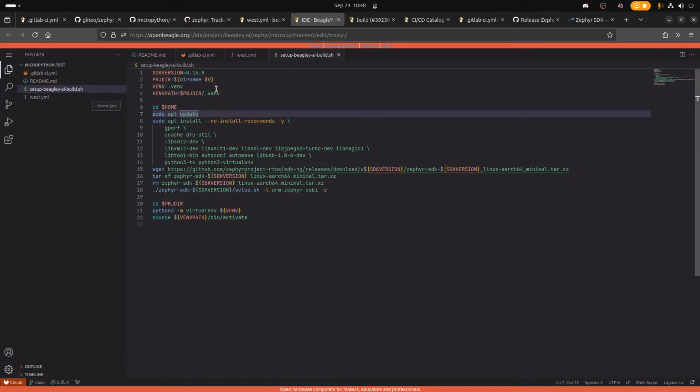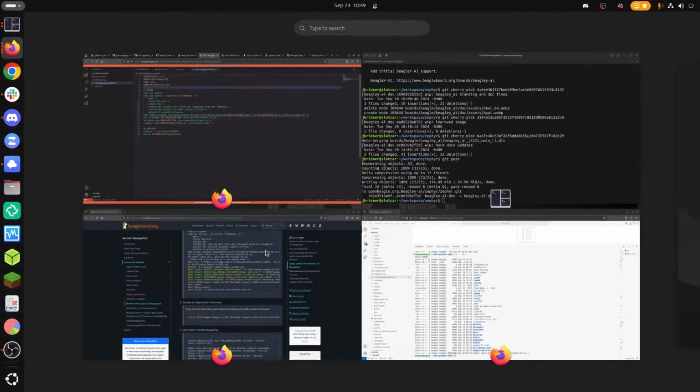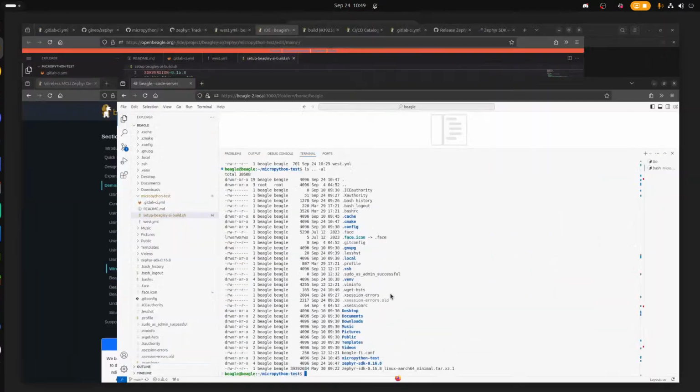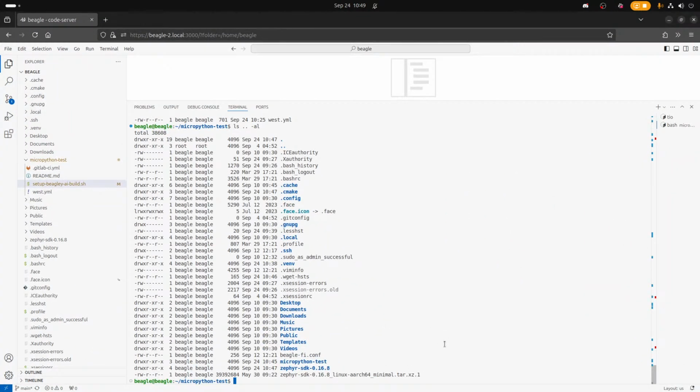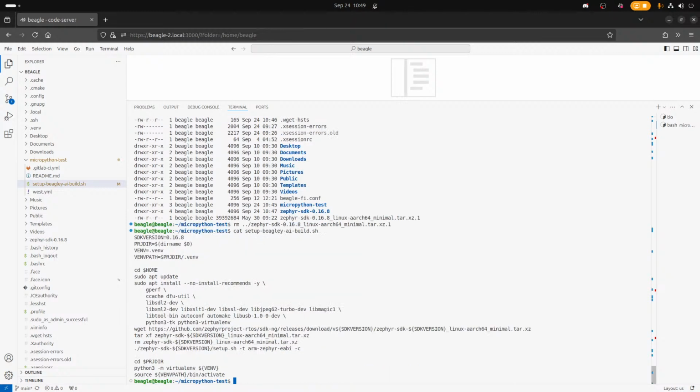The sourcing, though, within the shell script is silly because I guess I have to tell people to source this script. So project directory name 0.